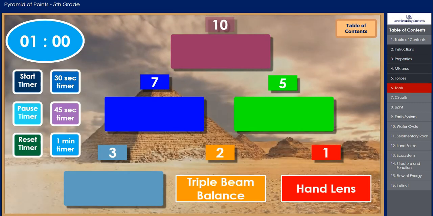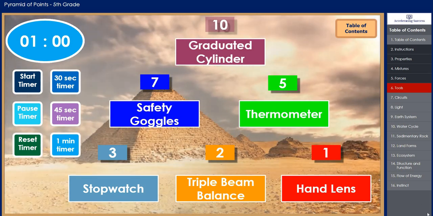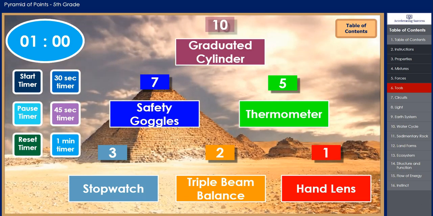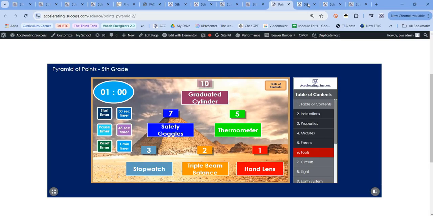We've got it for tools. It's just all kinds of really, really cool activities. And all of these are our points pyramid. And so we're going to close that one out. And the next one that we're going to look at is